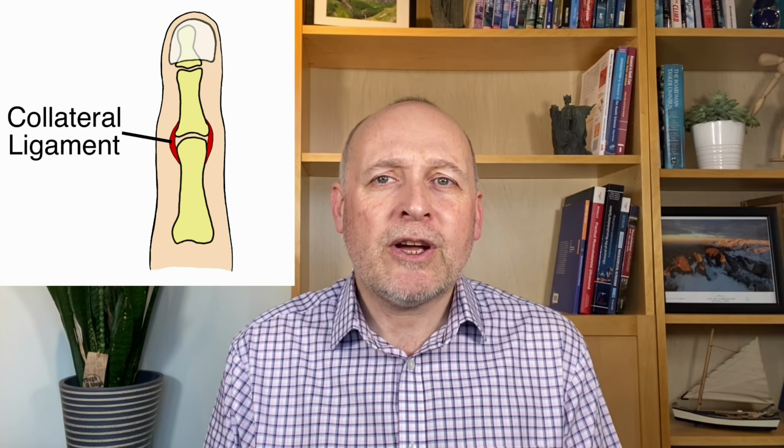In a nutshell, a finger sprain is a stretching injury to the finger ligaments, most commonly the collateral ligaments that live on the side of the finger joints. They're usually injured if you twist your finger or force it in a sideways direction. They're going to be diagnosed normally once a fracture has been ruled out by X-ray. And how bad the sprain is often proportional to the amount of swelling or bruising you might have a few